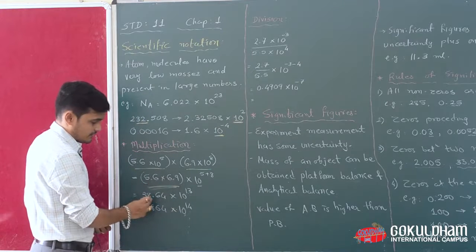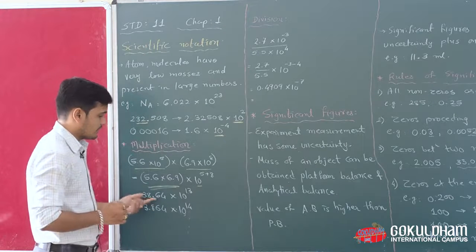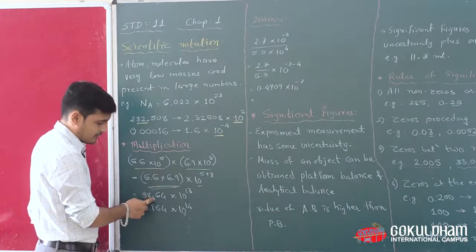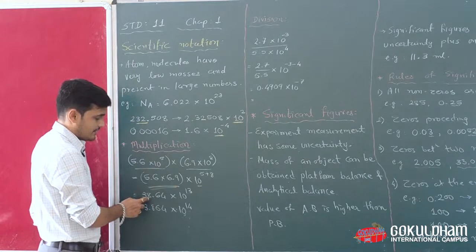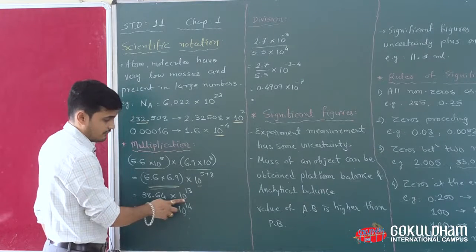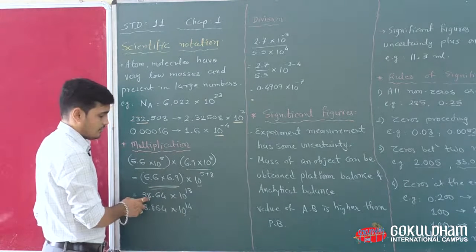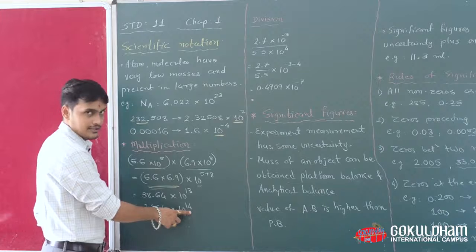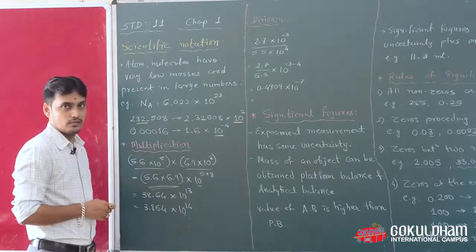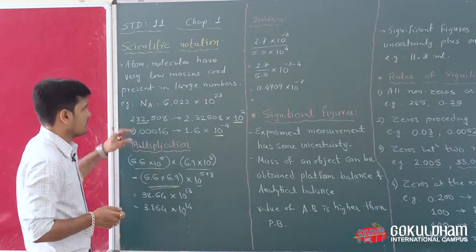This is the multiplication result, the value is 38.64. If we convert this value as per scientific notation, then the decimal goes to the left-hand side and the value becomes 3.864. Now the value is 10 raised to 13, but we are moving to the left-hand side, where the exponent increases positively, so 10 raised to 13 will convert into 10 raised to 14. This is one example of multiplication.